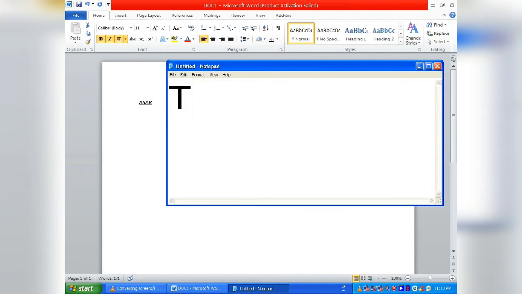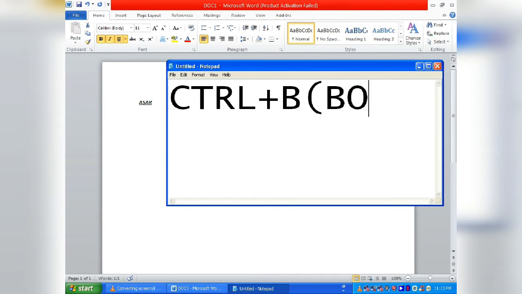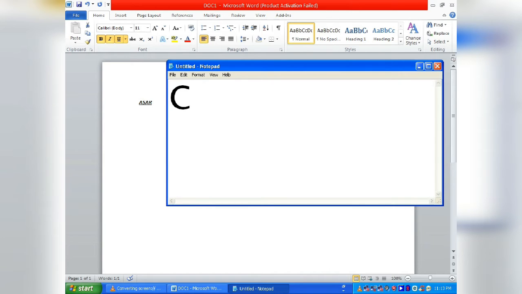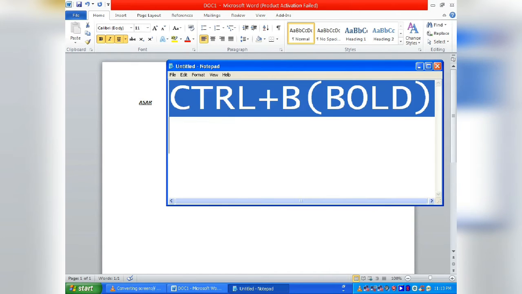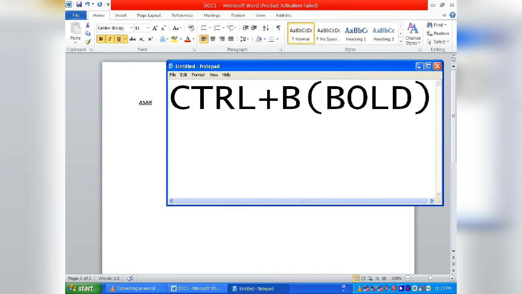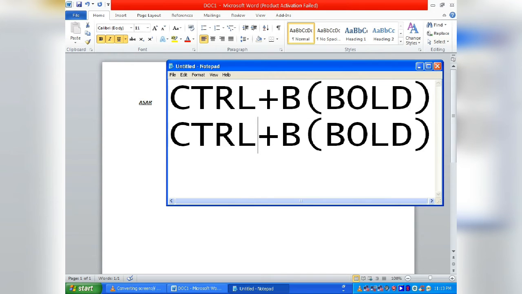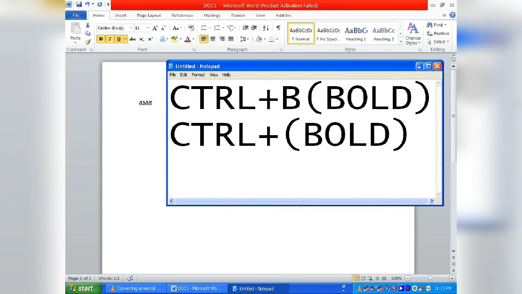you will have to type CTRL, that is the control button, which you will find on your keyboard, plus B for bold option. And the second way, which is italic, you will have to type control plus I. I'm typing the short key CTRL plus I for italic.